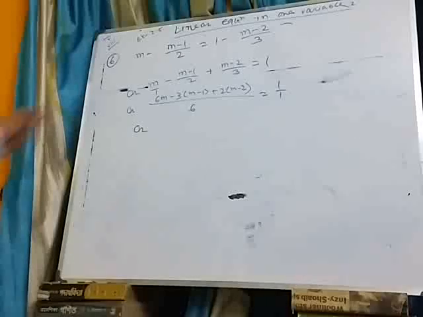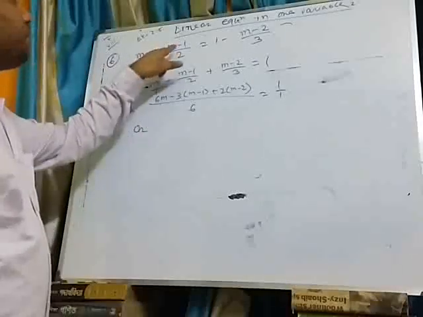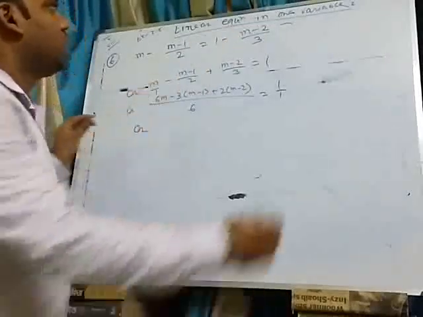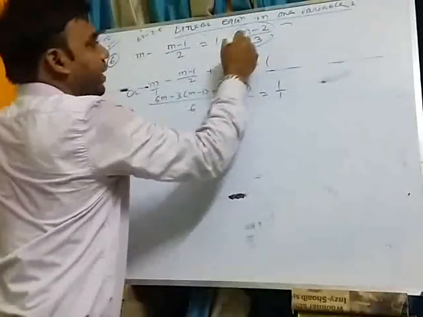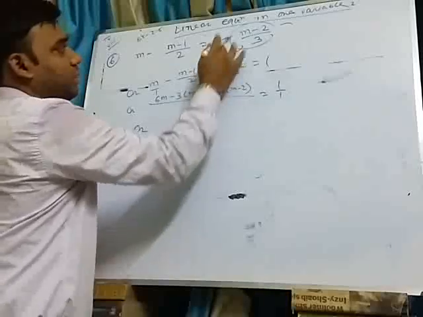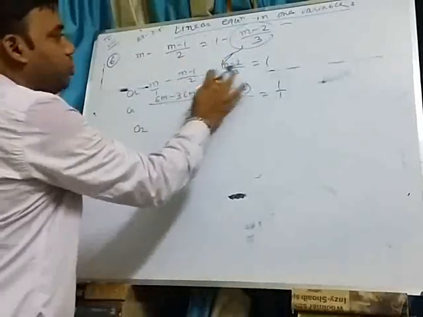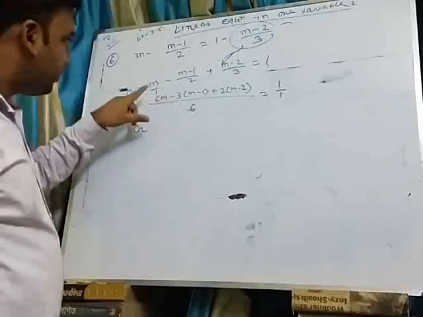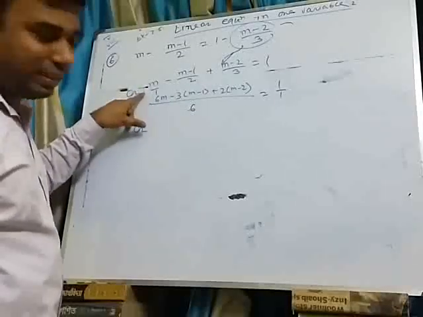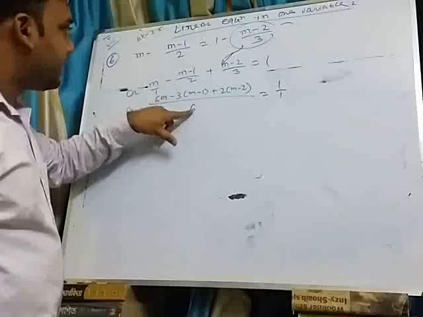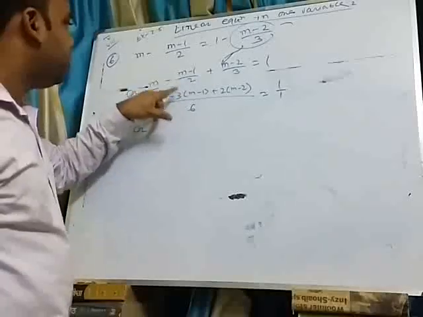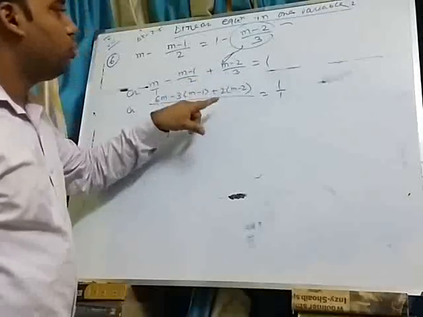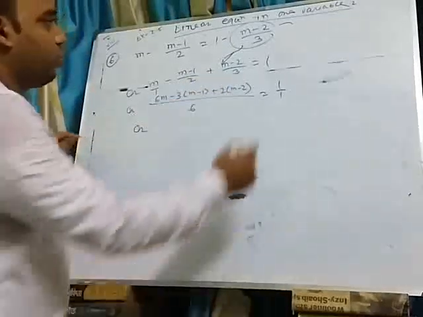Okay. So question number 6, that is m minus 1 by 2 equal to (m minus 1)/3 minus (m minus 2)/... The variable part, bring to this side, it will be plus, it is minus and plus. Now 1, 2, 3, LCM 6. 6 divided by 1 is 6, 6 into m, 6m. 6 divided by 2 is 3, 3 into (m minus 1). 6 divided by 3 is 2, 2 into (m minus 2), and 1 is 1 by 1.